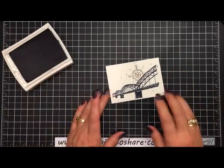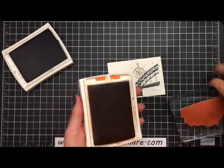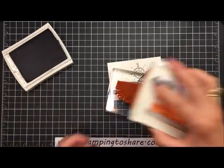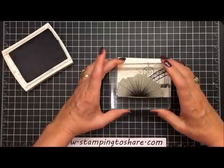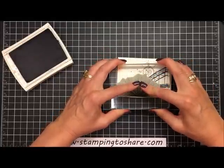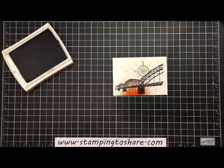And now we can stamp our beautiful sun down here. So we're going to do that with Pumpkin Pie. And again, I'm just going to flip it over and go like this. And then we'll put our sun rays right here. Could be a glorious morning or a fabulous sunset. Whatever you decide. And then I think it looks perfect if we would take the little bird that comes in this set